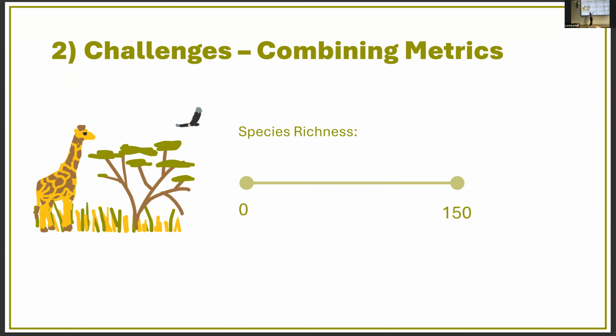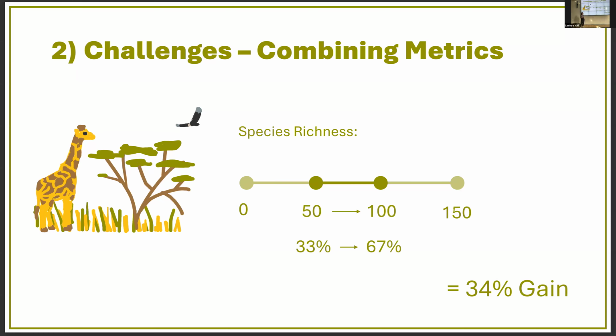However, if we drop our target number and have the exact same gain in the number of species, using this distance to target scaling, our percentage increase has grown, and we now have a 34% gain. Suddenly, we've got 34 credits that we could sell rather than 20 credits. That's quite a jump. And so I think there's a massive danger here that because there is so much uncertainty and unknowns around these target values, if they're underestimated, we're going to be overestimating and overselling the number of credits and overestimating the actual amount of biodiversity gain we've obtained.